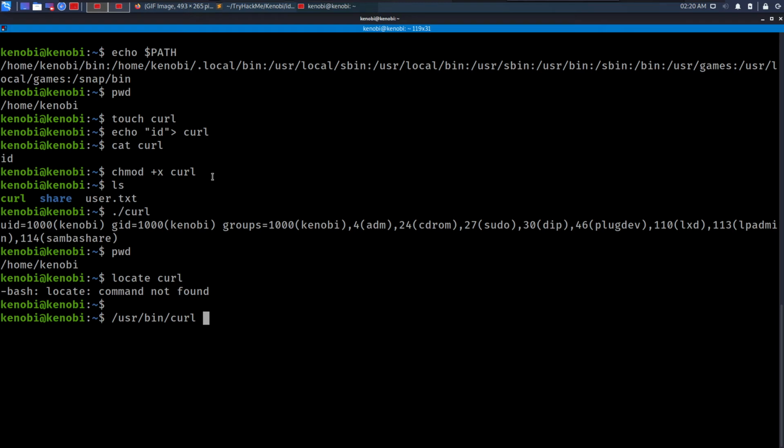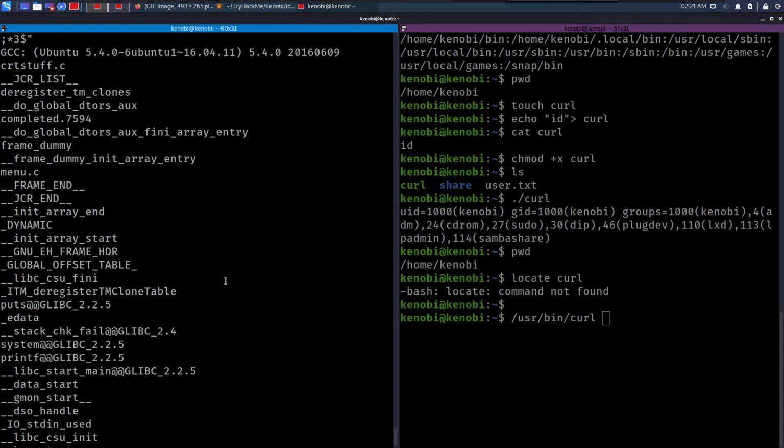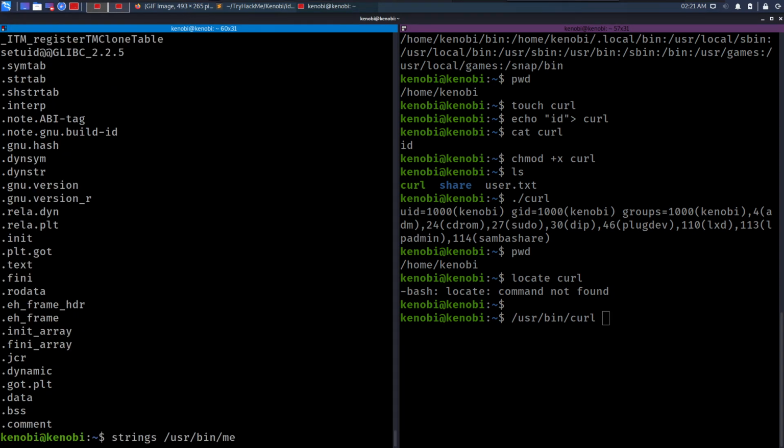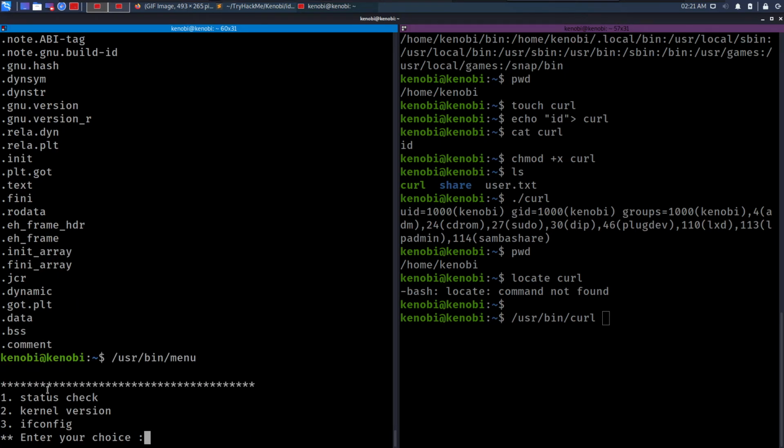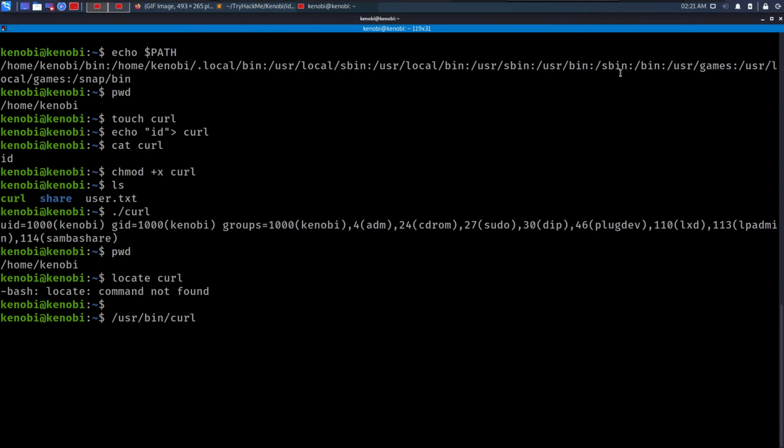So let's see into the path where is user slash bin. So we can see right here is user slash bin. So when I will run this binary, like this one, let's remove strings from here. And if I hit enter, now you can see when I press 1 and hit enter, it will come to the path. It will search whether user bin is present here or not. It will find that user bin is present right here, which is this one,